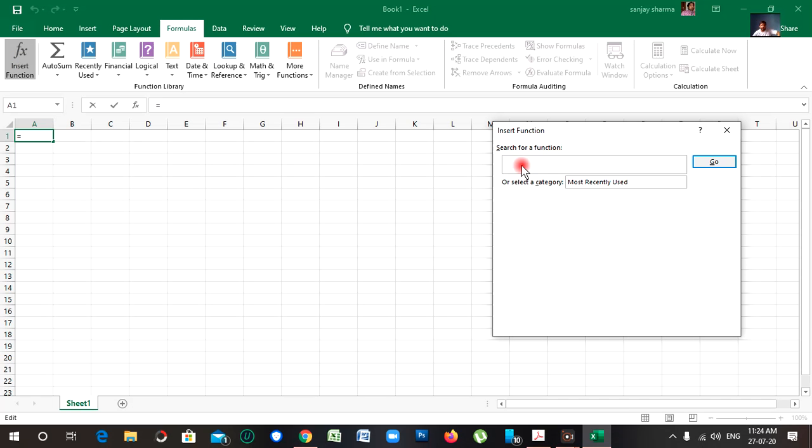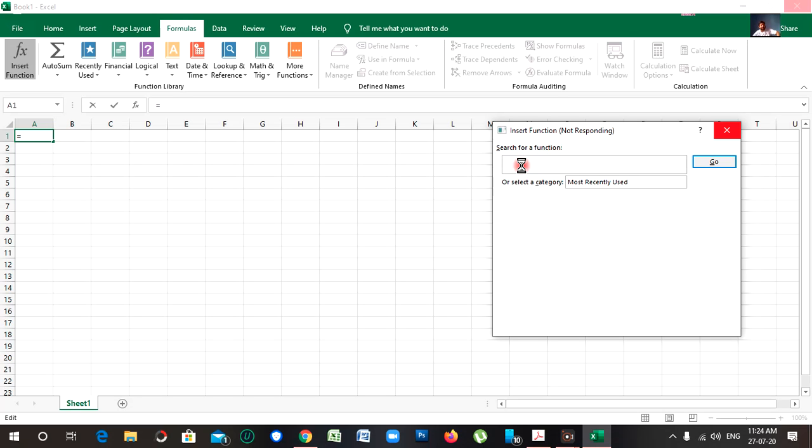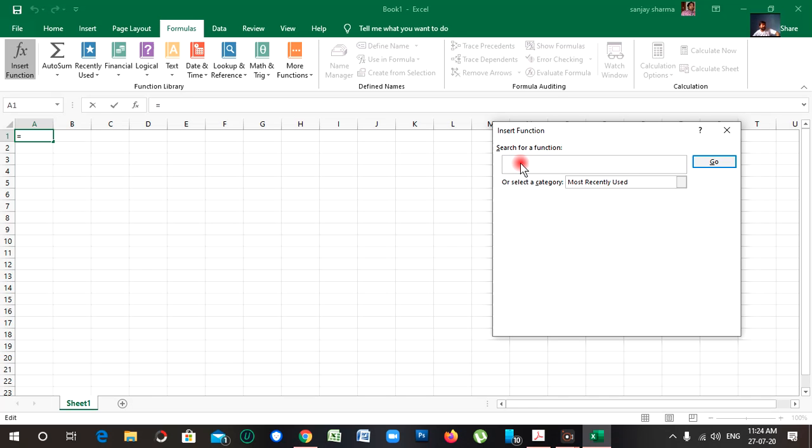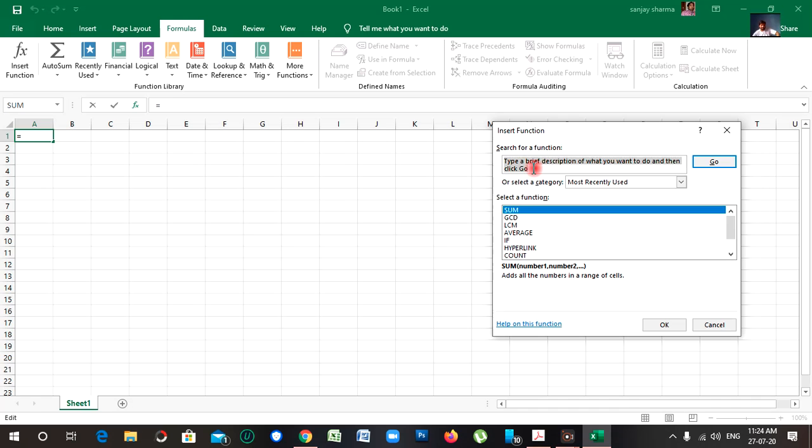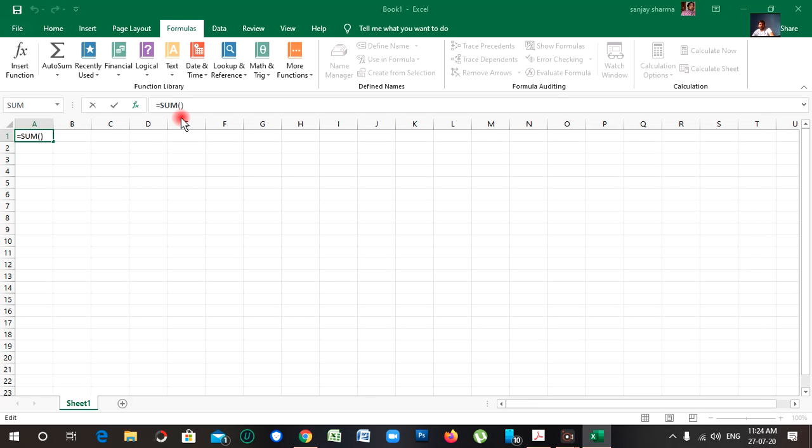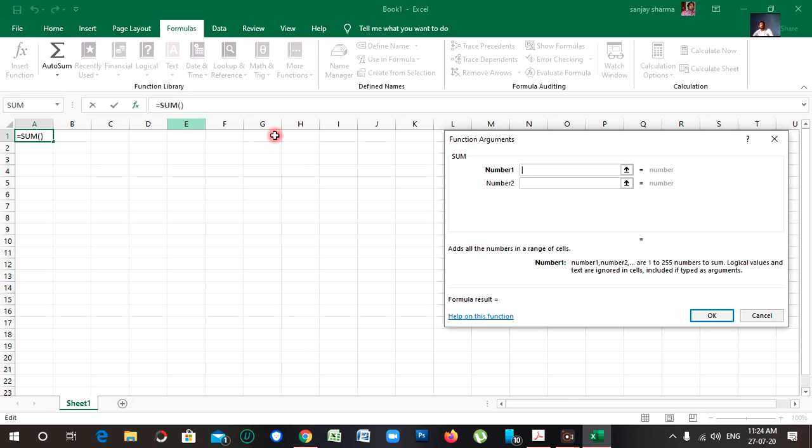If you want to search for anything, for example to add, type add or sum here, and click on it. Now see here, the SUM function is available, and whatever you want to do there, we can do. This is how we can use the Insert Function.